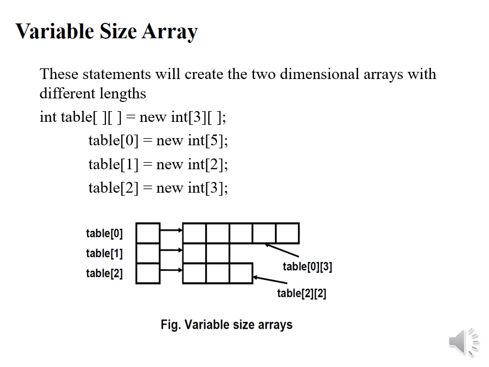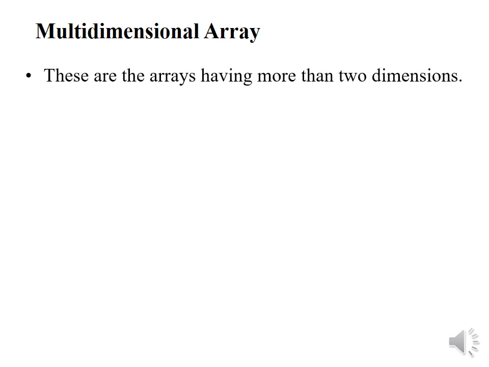in practical examples or in practical implementation. The next part is, what do you mean by multidimensional array? Actually, a multidimensional array is an array having two or more dimensions. So two or more than two dimensions come under this multidimensional array category. Now the syntax is, take a look.